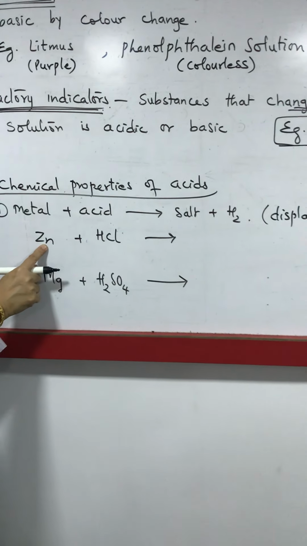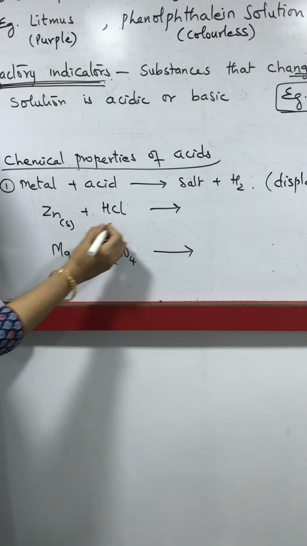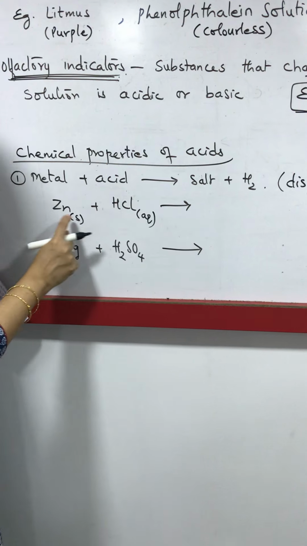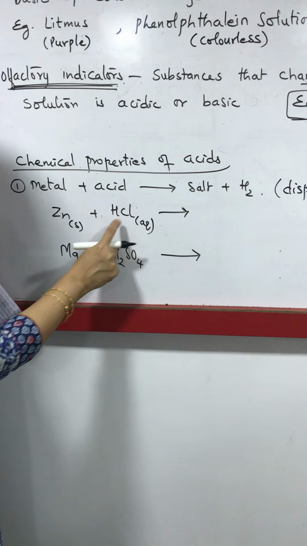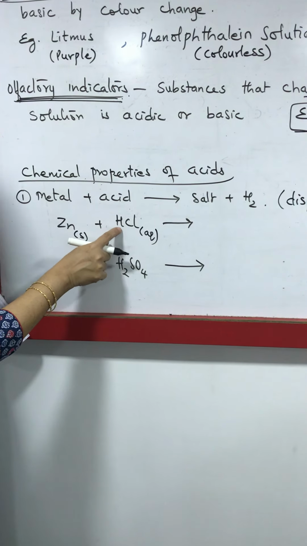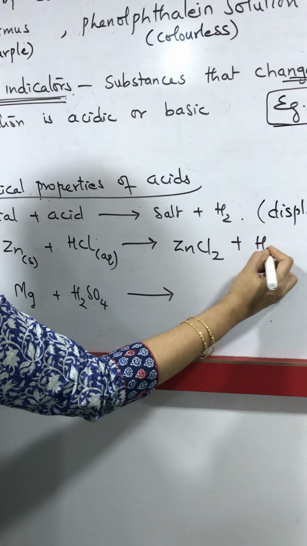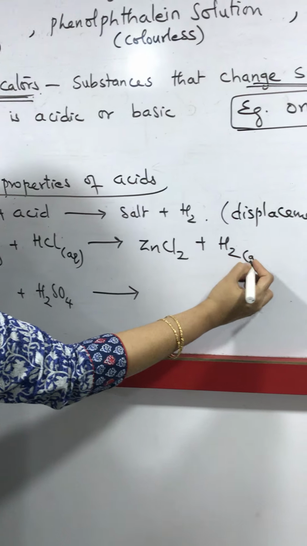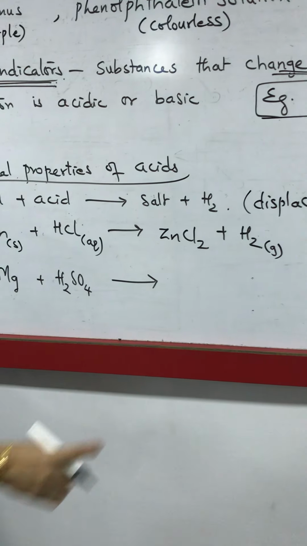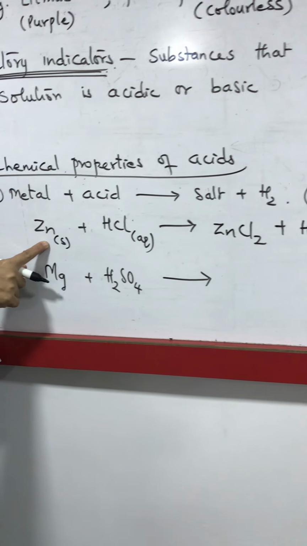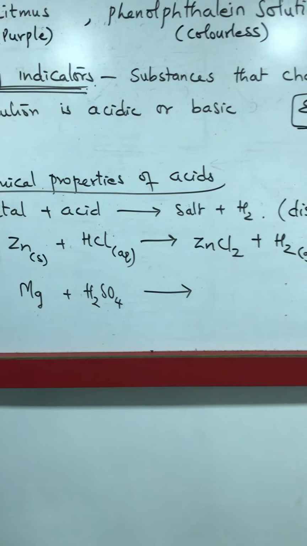If you put zinc granules in hydrochloric acid, then you will get the salt which is zinc chloride. This you will predict by displacing hydrogen from HCl and hydrogen gas will be released. So you will see bubbles of hydrogen gas coming out of the solution when you put zinc granules in dilute